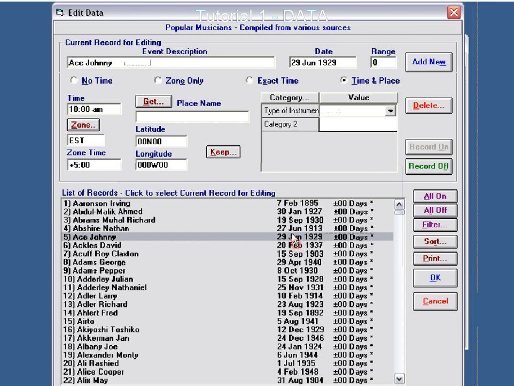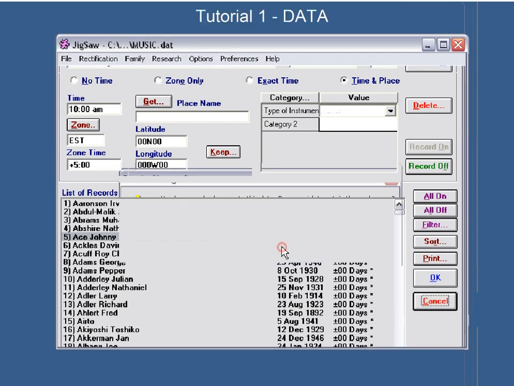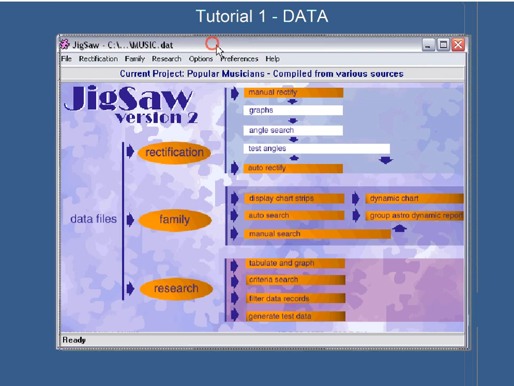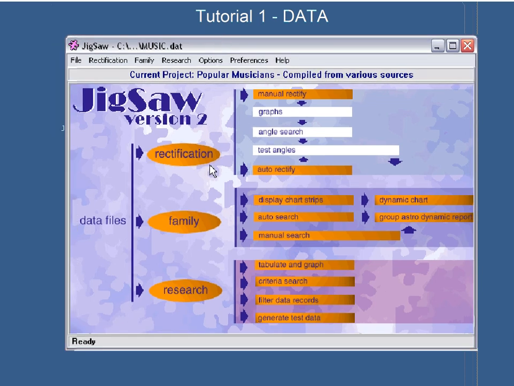All right, so we won't retain those changes. But I just want to show you that. I think that's a very important part, and a lot of people don't realise they can do that. Okay, so having looked at that form of data, let's now go to the next tutorial and let's look at the sort of data you would use for rectification and how to handle it.